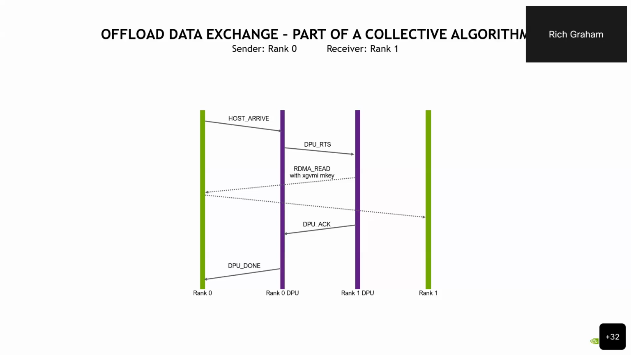In purple we have marked the shadow part that happens on the DPU. So when the collective operation starts, the library may decide to tell the DPU that I've started a collective and give it whatever characteristics are relevant for that particular collective. In this particular collective, for example, we want data from rank 1 to